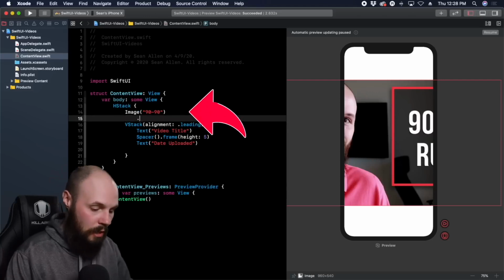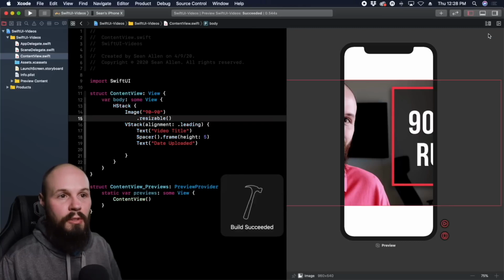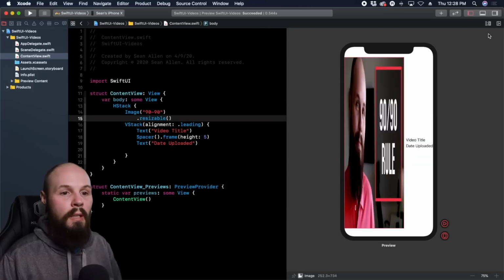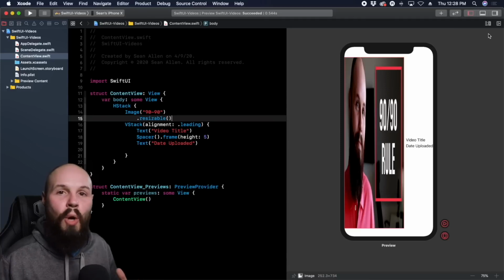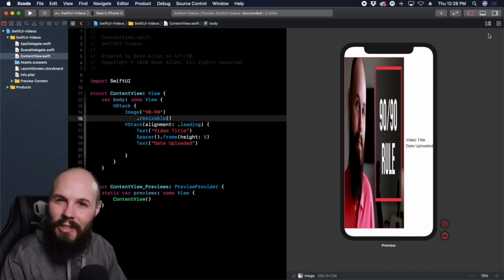So you can do image.resizable, and watch this update here. Well, maybe hit resume. Okay, still not the desired effect. What that did was squeeze it into our HStack, right? You see the right side of our HStack is still our title and our date uploaded. The left side of our HStack is the giant picture, but it did squeeze it so it only fit on